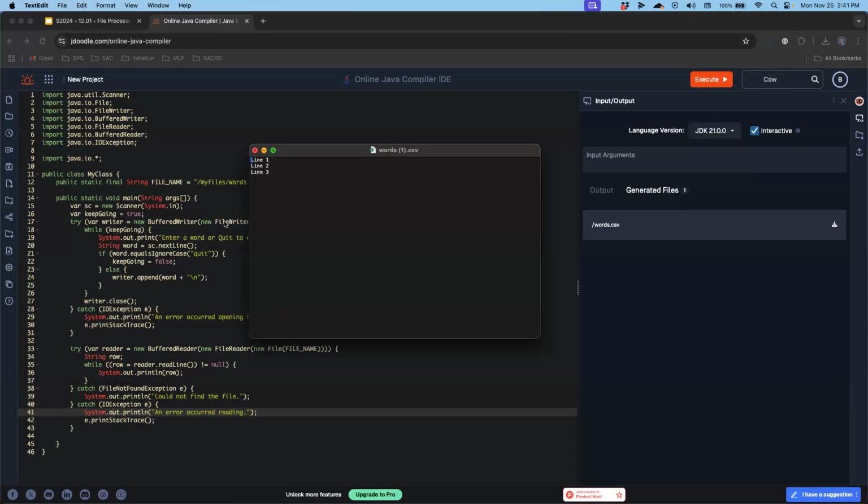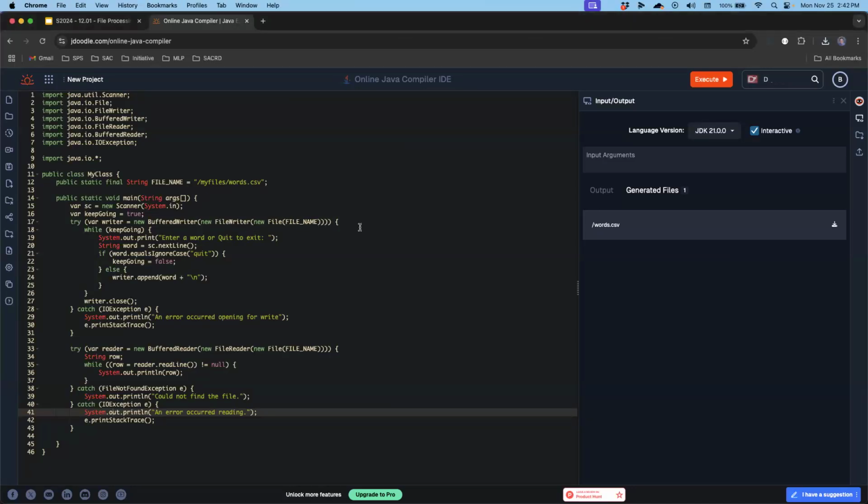Well, you can do that by adding here to the file writer. This has one parameter, which is the file name. If we come in here and say comma true, this is the second parameter on the file writer creation. What this will do is preserve the data, and it will just open the file and start writing to the end of it. So now if we execute,